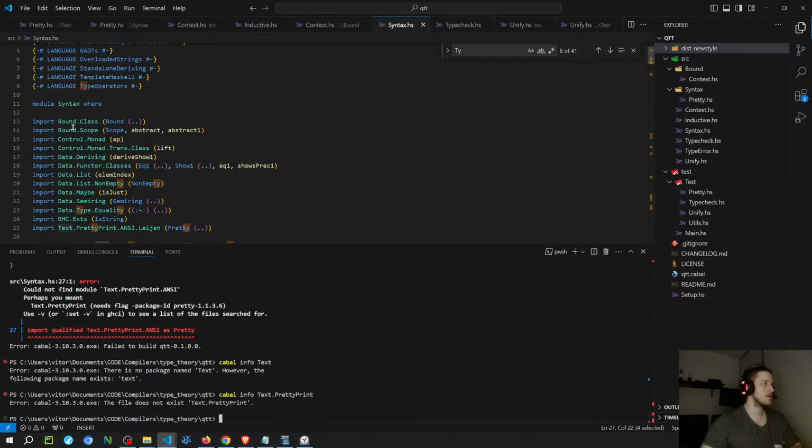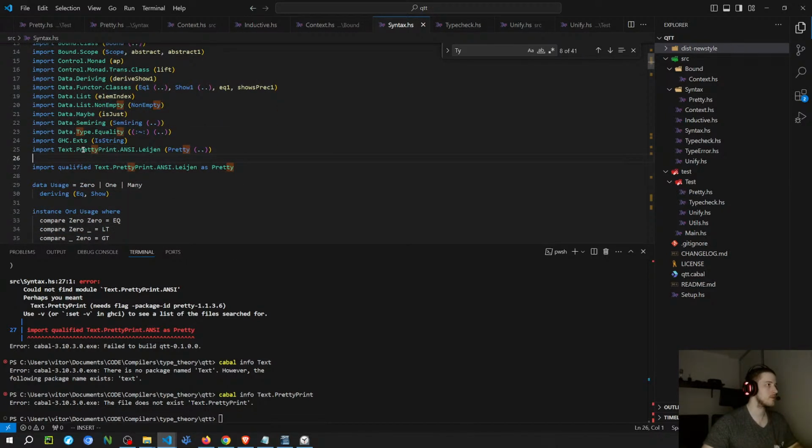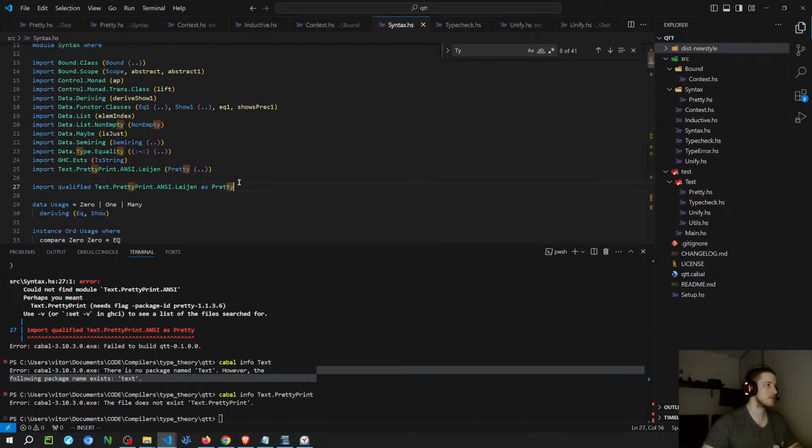I don't understand how this works. So maybe it is a built-in thing. Because if I use the pretty print one there, it does show some link to a GitHub repo. So I'm gonna ask if this is